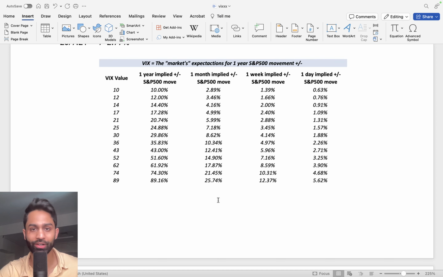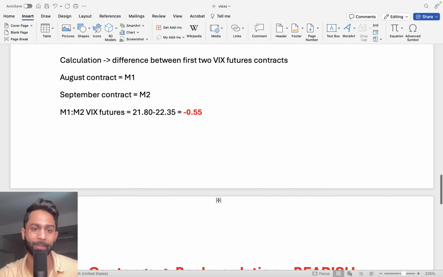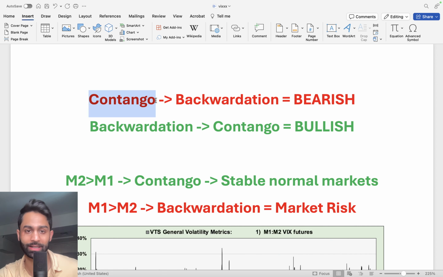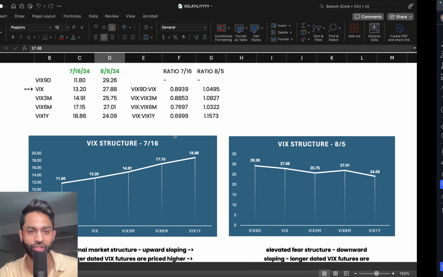Now, in order for us to understand when these market sell-offs actually begin and when these market reversals will take place, we need to understand what's called contango or backwardation. That's exactly what I discussed in my previous video. So contango is nothing but a very normal functioning market. So there's contracts, right? There's obviously volatility contracts for the next several months out, 30 days, 60 days, 90 days, 120 days. And what we're really trying to understand is that if you come over to my spreadsheet,